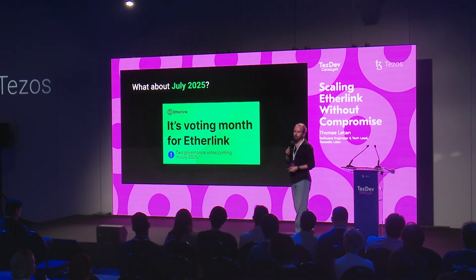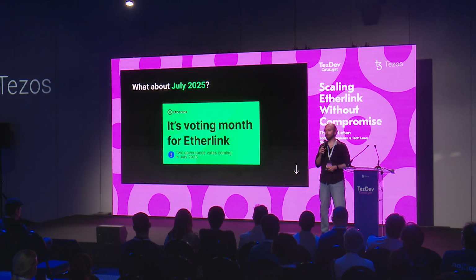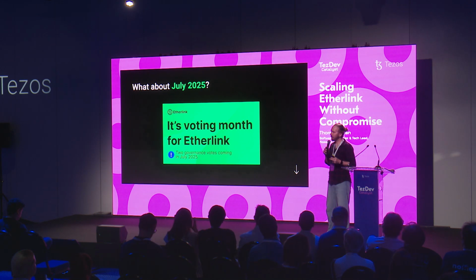Over the course of the year, of course, we didn't stop. And July, again, is a busy month for Etherlink, especially if you are a baker, because it's voting month. We have 2 proposals for bakers to vote. And one in particular, and I mention that because it's actually a good transition for the topic of the talk,